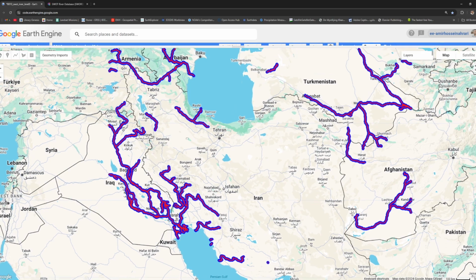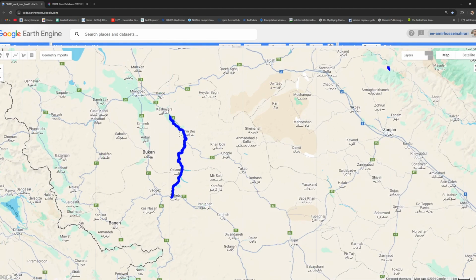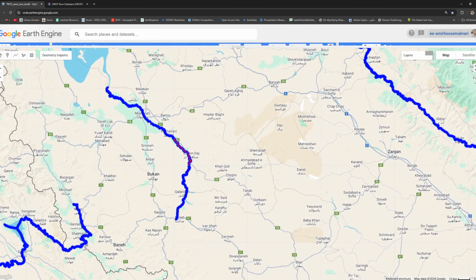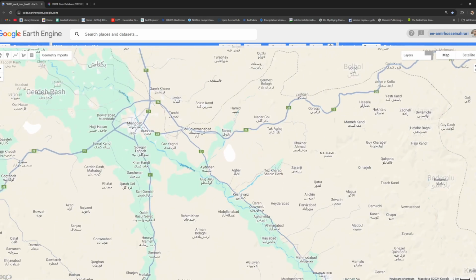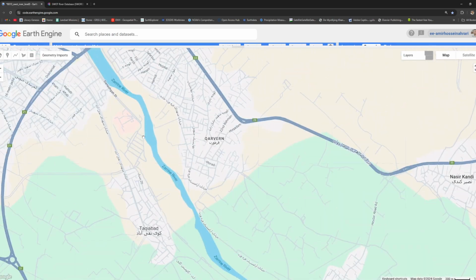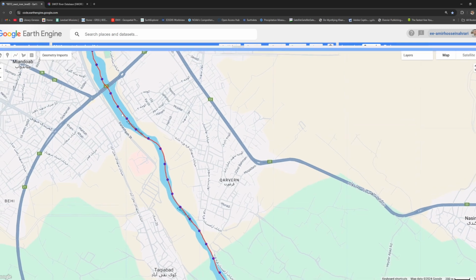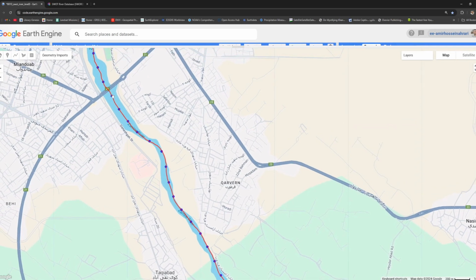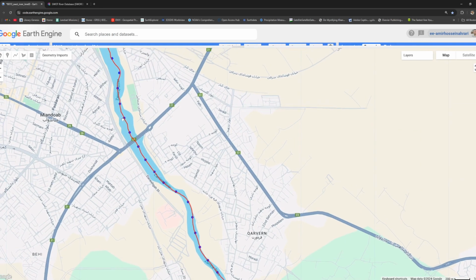And here you can see the nodes and reach. For example, in the northwest of Iran, there is one region, and this is one of the rivers in the northwest of Iran. If you zoom in on the study area, you can see here we have Zarina route. Over the Zarina route, you can see the nodes every 200 meter spaced, and also you can see the reach as a red line here